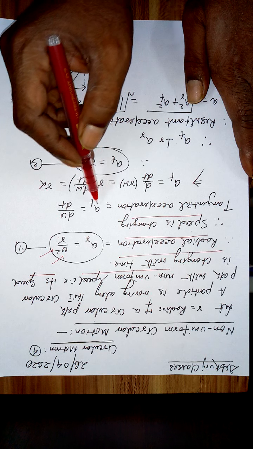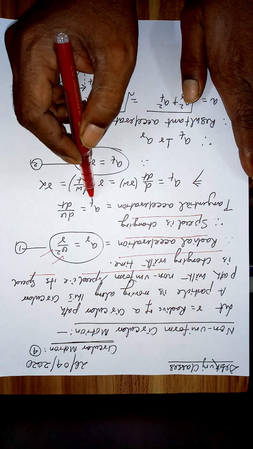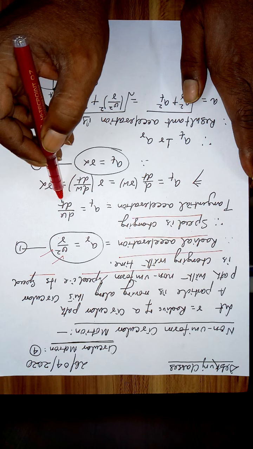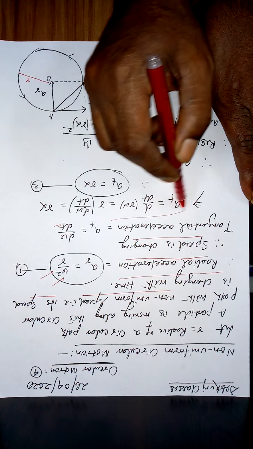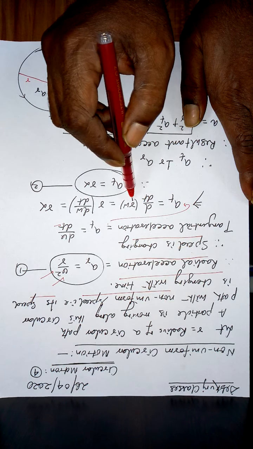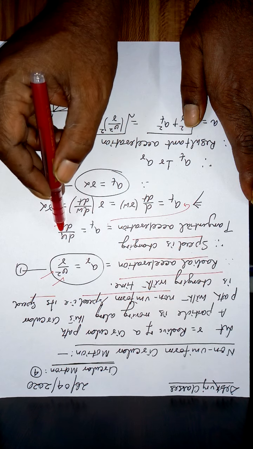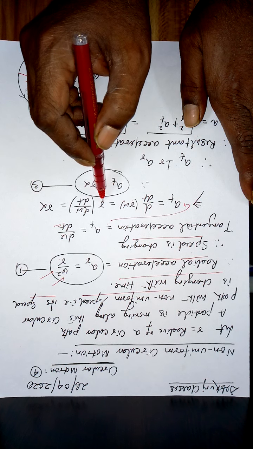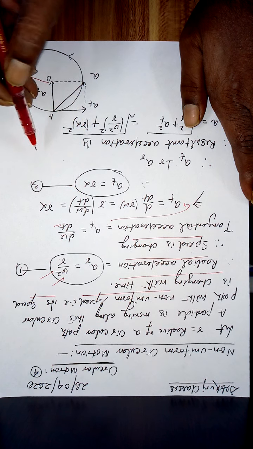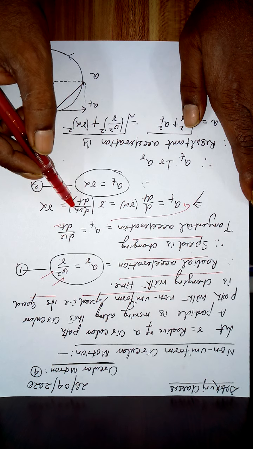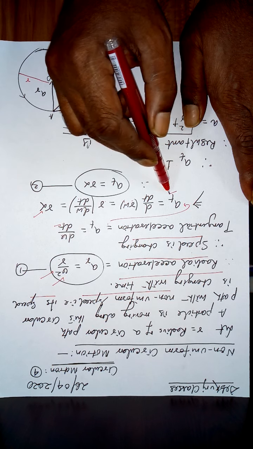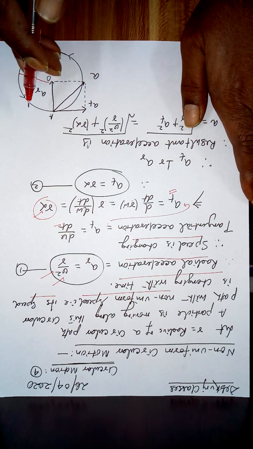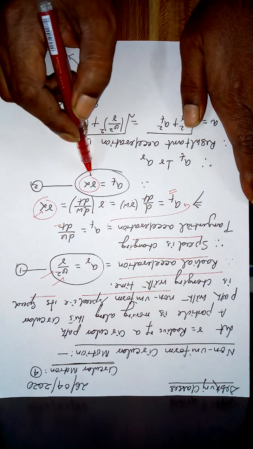So the tangential acceleration, symbolically written as a_t, is equal to how the velocity is changing with respect to time, the derivative of v with respect to time. We know v is equal to r omega from previous lessons. So instead of v, I write r omega. Since r is a constant, it is taken out, d omega by dt. And d omega by dt, how the angular velocity is changing with respect to time, that was your angular acceleration alpha. So your tangential acceleration is r alpha.